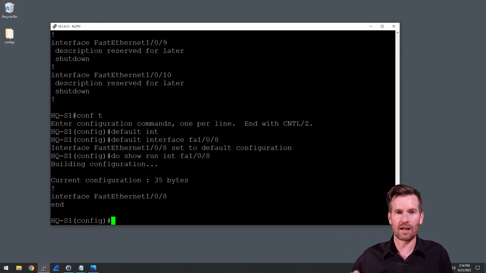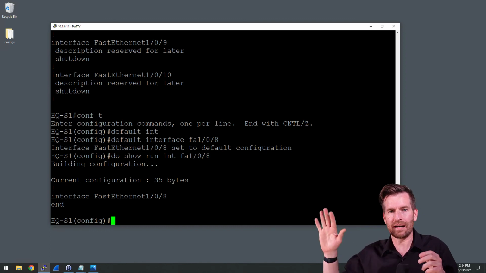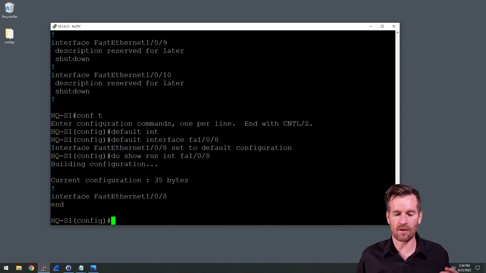Or sometimes what I'll do is I'll grab a copy of the configuration and paste that into a notepad, make the alterations that I want to that configuration. Then I will wipe out and make that interface back to the defaults and then paste it back into the interface, so that way I have cleared out anything. It's not going to bring anything over, and I've got a fresh paste of exactly what I want